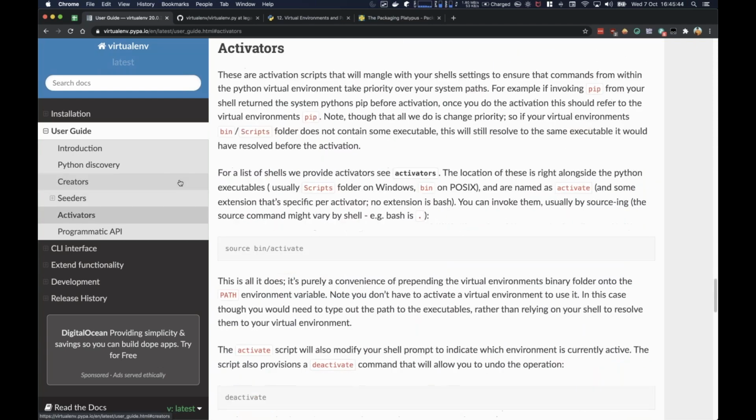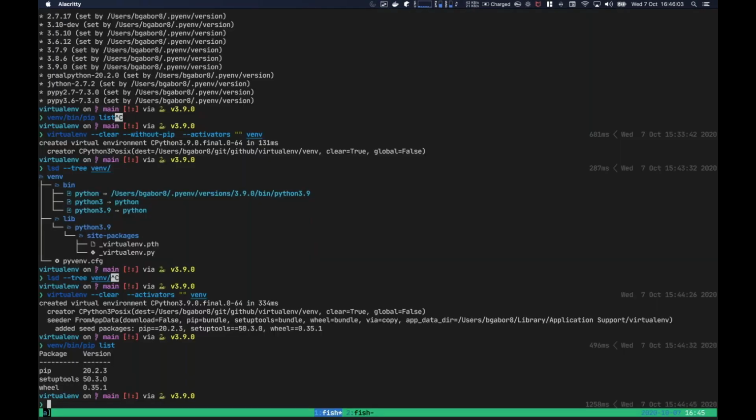Another thing that many people are used to, and it's kind of a separate feature, is the activators. The activators are extra shell scripts which basically change your shell environment to inject pip and Python onto the path itself, so you can call pip list as if you had typed out the full path. So in this case, if I source activate